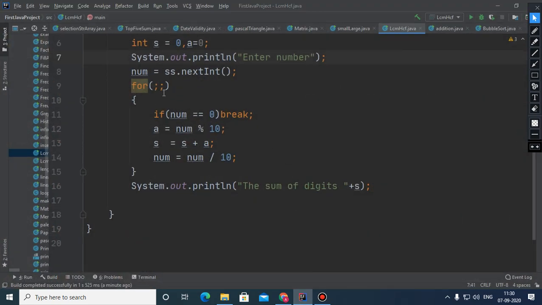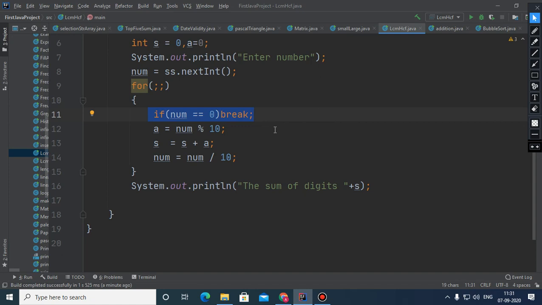Children, this is a never-ending loop. This is an infinite loop because here no condition is given. If in any loop the condition is not given, it becomes never-ending. So in order to terminate it, we need to specify a condition at which the loop should terminate.